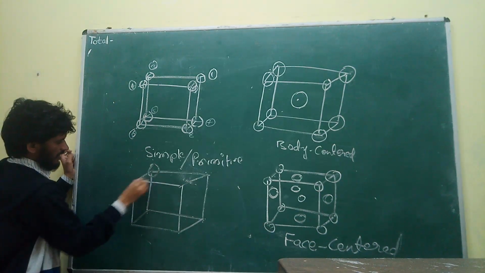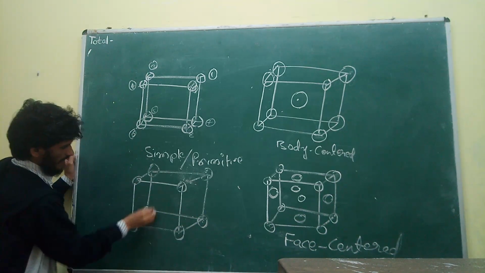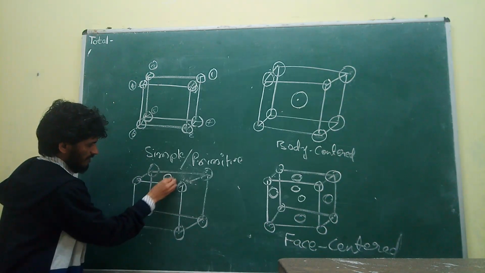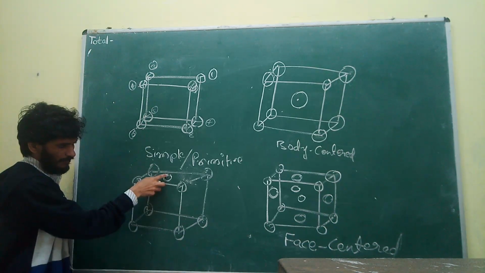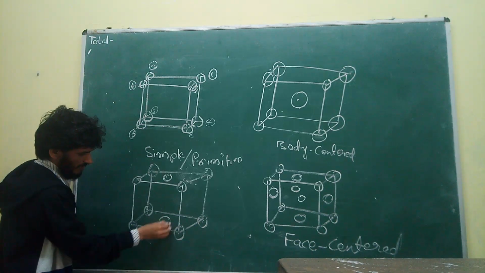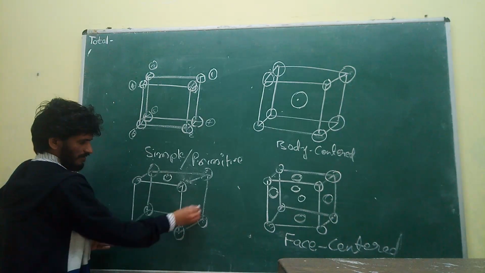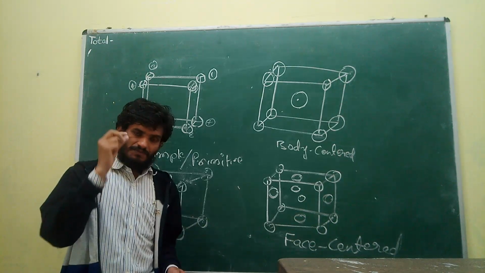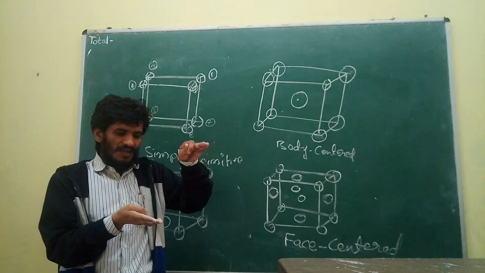See, 8 corners, 8 atoms, and any 2 faces. On this face, in the middle of this face 1 atom is present, and quite opposite of this face is the bottom. This is top, this is bottom. So on the bottom another atom is present. No need for it to be top and bottom, it may be both sides. 1 atom may be here, or on the quite opposite side, 1 atom may be here. But only the space points, meaning lattice points, are located on either of the opposite sides.